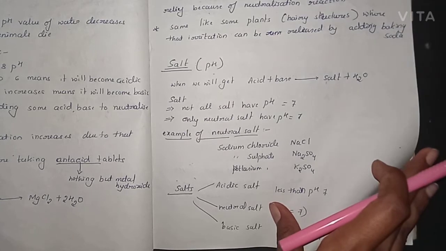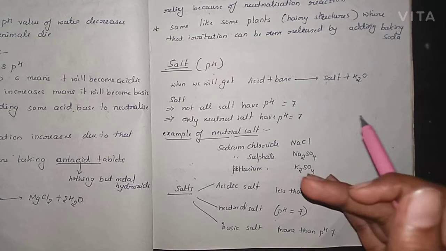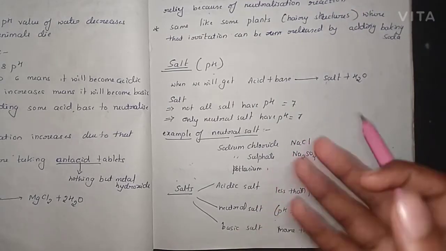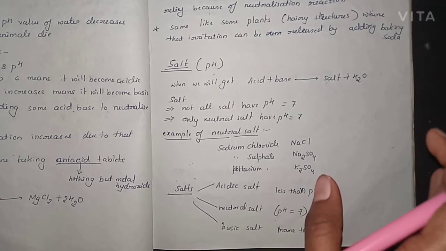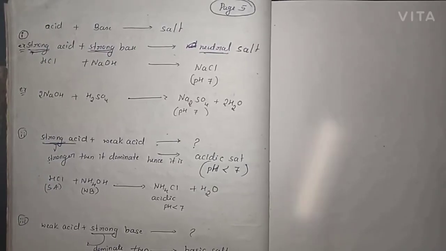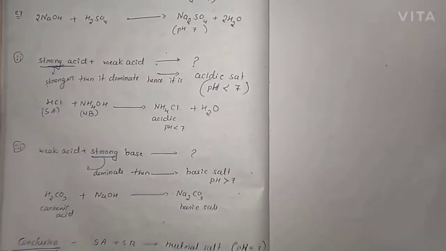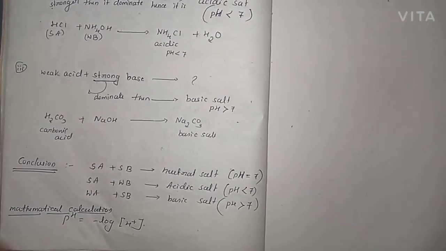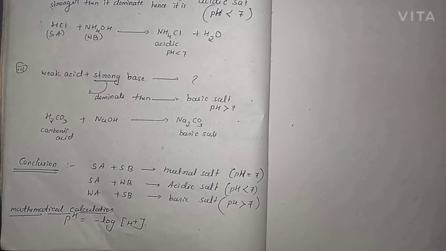If a strong acid combines with a strong base, it is neutral. Acidic salt forms when a stronger acid reacts with a weaker base. Basic salt forms when a stronger base reacts with a weaker acid. These concepts we discussed in the previous class. You can observe all the reactions with the examples I explained. Write them like this in your point book, so it will help you understand the concept. Okay, so this is about the previous class. Let's move towards today's class concept.